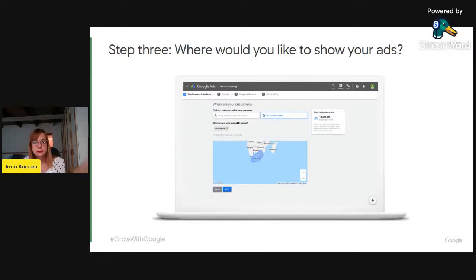set up a radius around your business. For example, a business in Cape Town can ensure that the ads are only served to people within a 5-kilometer radius of their physical store. For example, if you run a restaurant, it may be easier or more effective to have your ads shown to people who are in close proximity to your restaurant, right? Then to the right of your screen, as you progress through the setup, you can also see the size of the estimated potential audience in your targeted location,